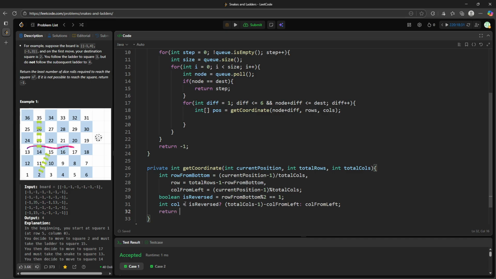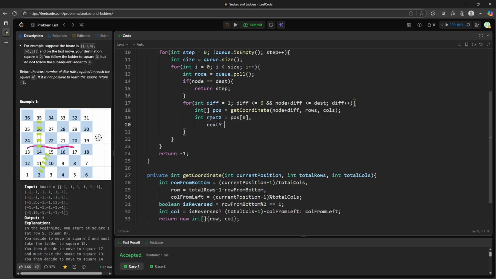get, like, return new int row column right here. So this will be the next position for row and column. So I would say in next, what? Next X, something like this, position 0. Next Y, position 1. Okay, so I will get my coordinate, and then I will apply